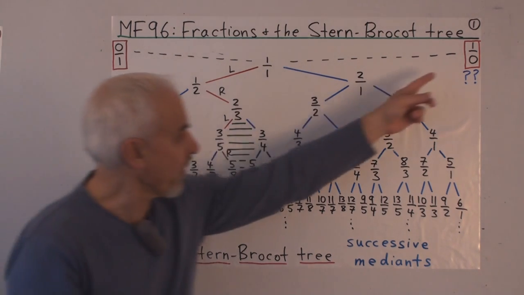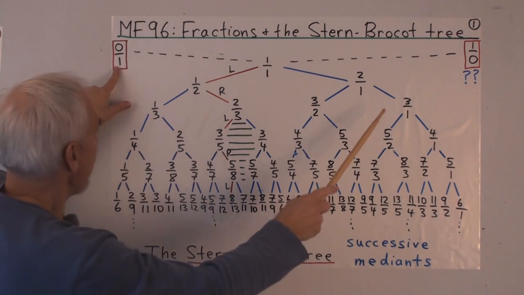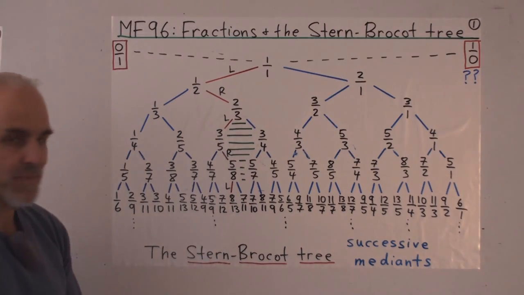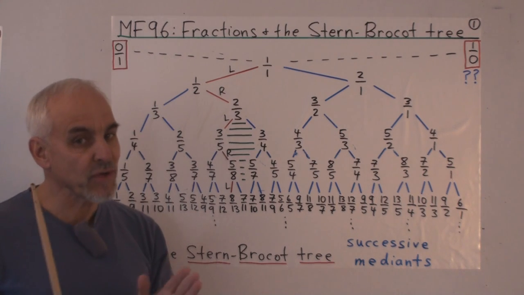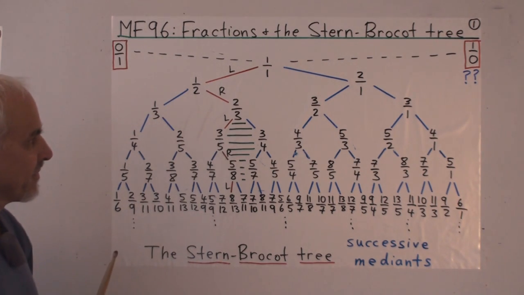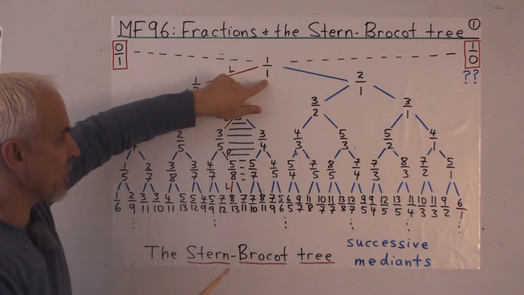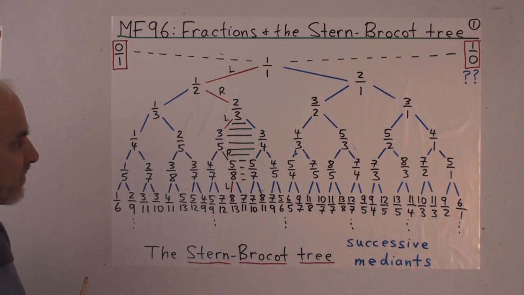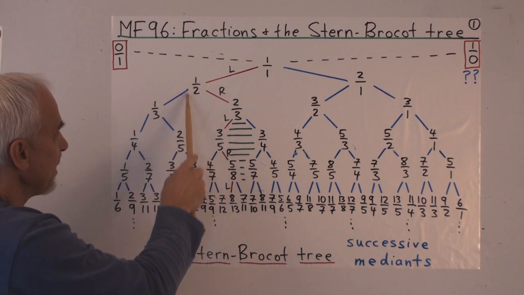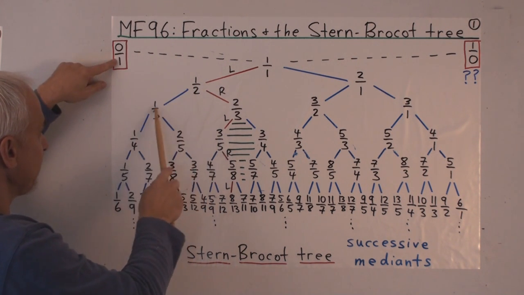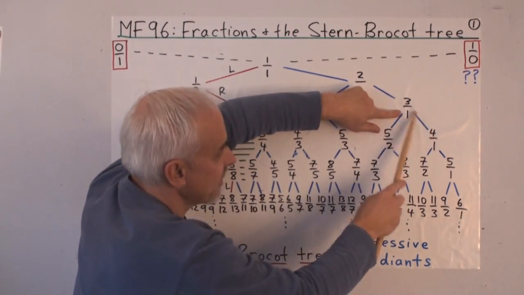And these two objects here are somehow starting points. They are 0 over 1 and 1 over 0. 1 over 0 is not a proper fraction, but for the purposes of this Stern-Brocot tree, we're going to treat it as if it was a fraction. The mediant of this and this is the 1 over 1. So that's sort of how we generate the topmost element in the tree. And to generate ones along the left-hand side, we take the mediant between any one of these and 0 over 1 to get the next one. And to go down the right-hand side, we take the mediant of this one with this one to get the next one down.